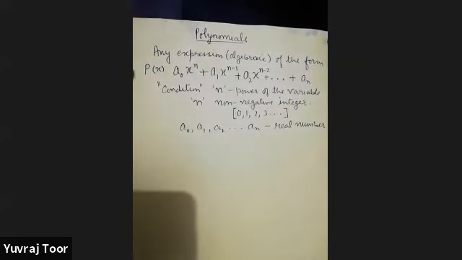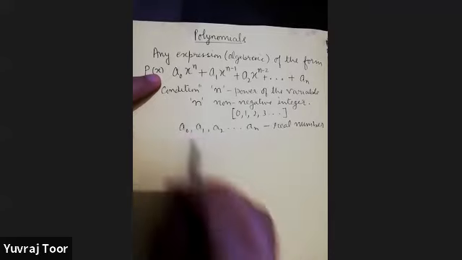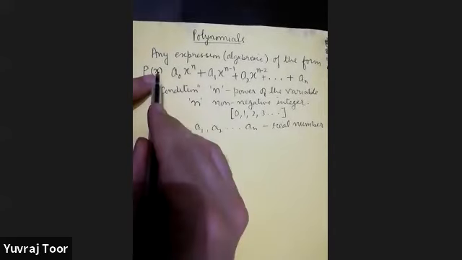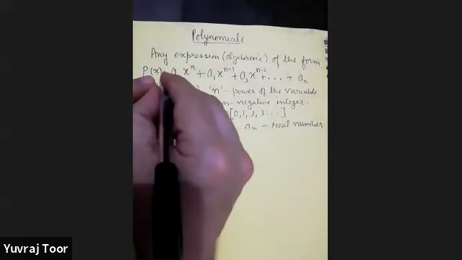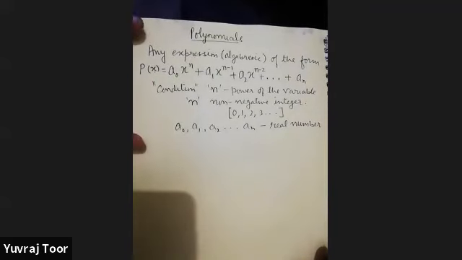The representation of this polynomial can be done by writing a letter. We have selected P. You can select any, because we are doing polynomial, so it is preferred as P. In the parentheses, these brackets, we put the variable in which we want. If you want this polynomial in y, you will put y. If you want z, you can put z, and we put this equal to this expression, whatever the expression is. So after understanding the definition, we will just look in how much we have understood whether the given expression is a polynomial or not. We will reason out why we have taken these as polynomial and why we don't consider these expressions to be a polynomial.